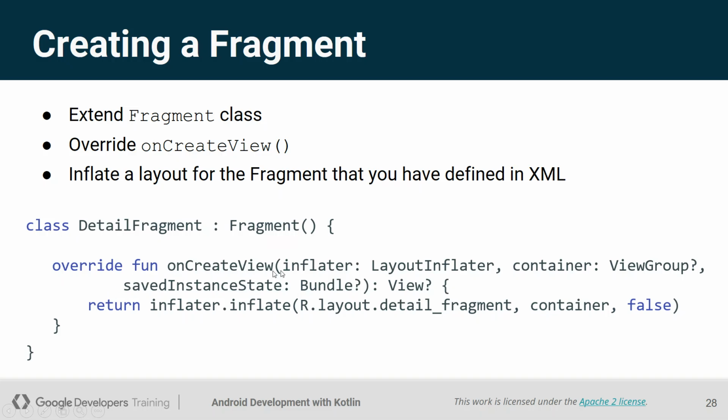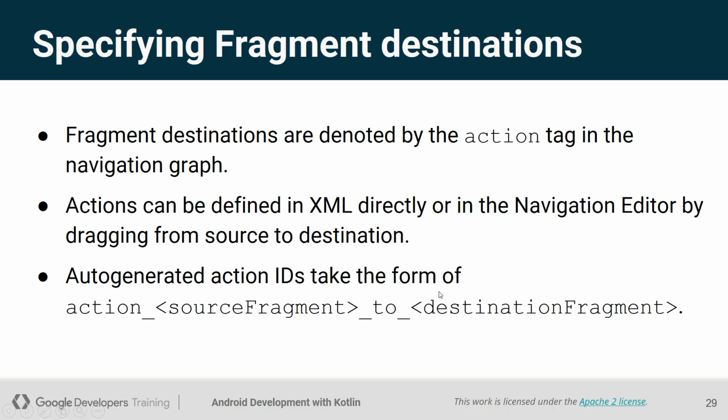Have a function onCreateView so that it can use the inflater to define your layout and the container and the groups that you have defined within the fragments. And then you are going to set the instance state to be able to view all the fragments that you have created. And then you can return the name of your fragment that you have created. And if it is not, then it will return false. So that is what you'll be able to do, and then it will be able to run and open your